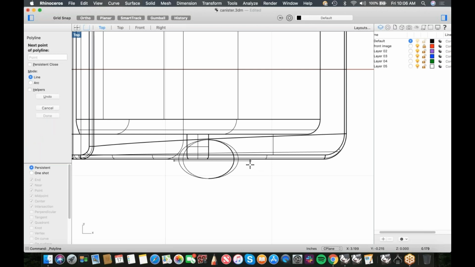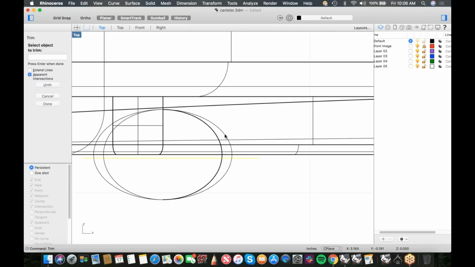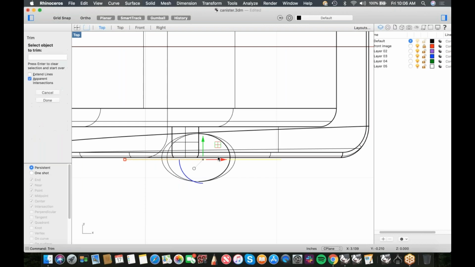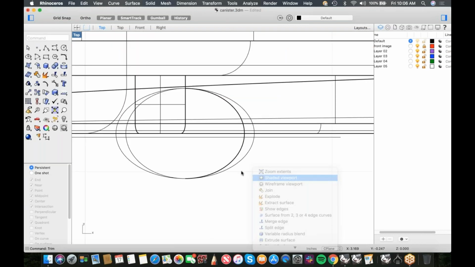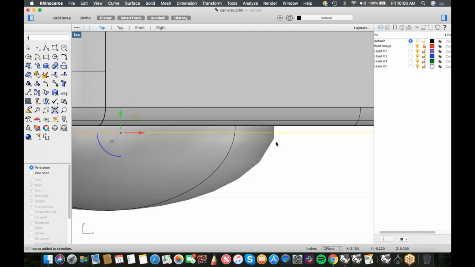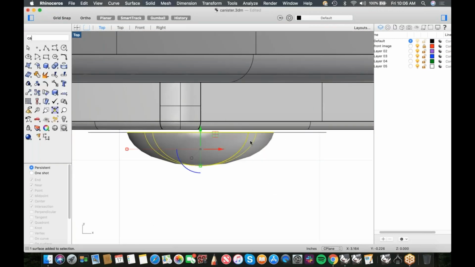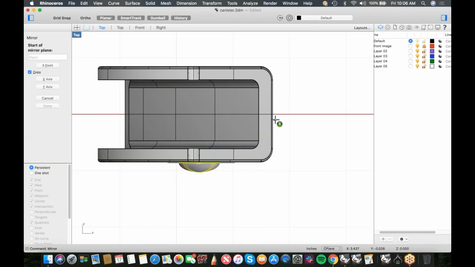I could do a Boolean, but I want just a tiny little bit of space in here to kind of simulate whatever the production tolerance is. I don't think this is long enough. There we go. Sometimes in wireframe, see how it looked like it was extending through it, but it wasn't, because the wireframe didn't show the entire part. So there we go. Cap, mirror,